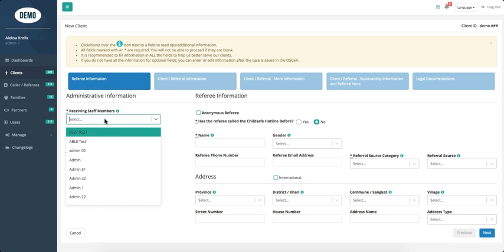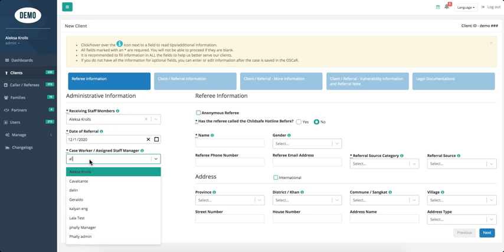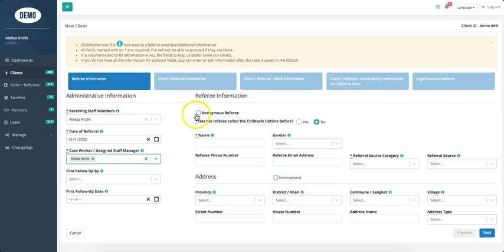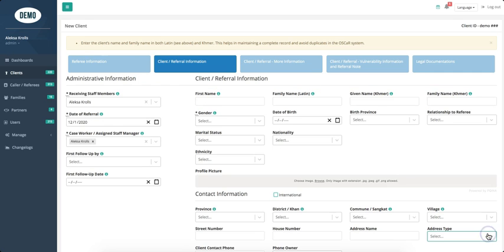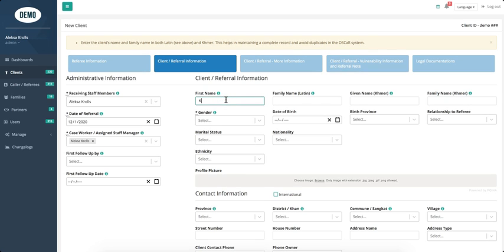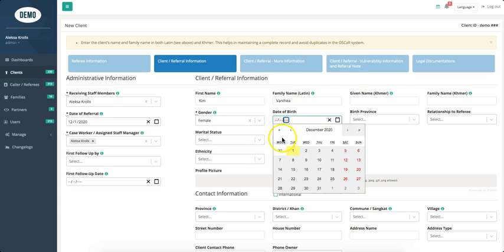For administrative information, I can list my own details, the date of the referral. Then it will prompt me to specify who referred this case to the OSCaR NGO agency originally. And then I can complete this referral information form to actually specify the details about the beneficiary. Here I can specify the client details, such as name, both in English and Khmer if I prefer, gender, date of birth,